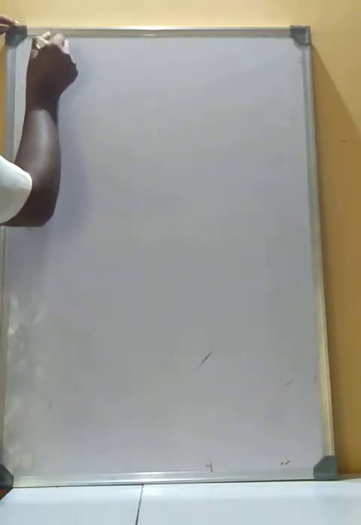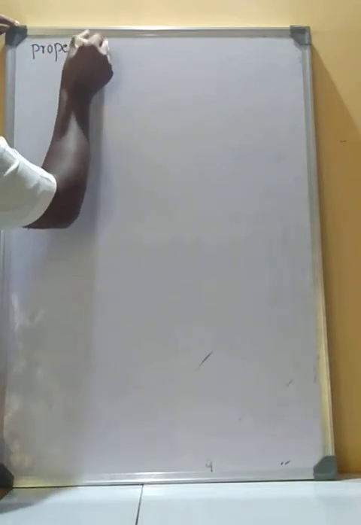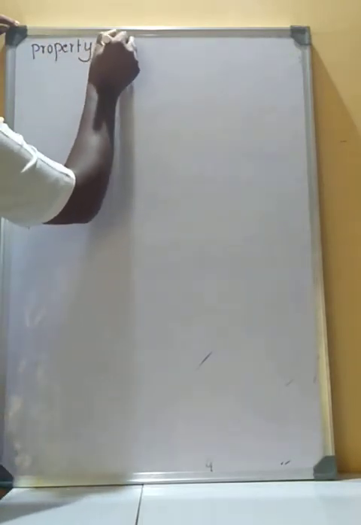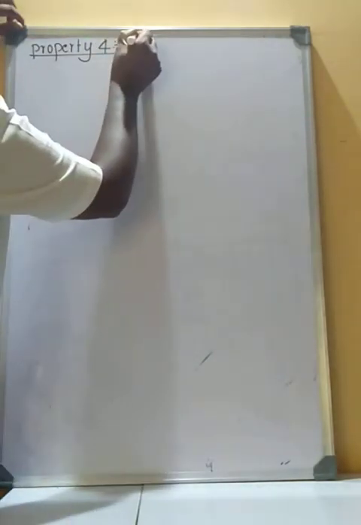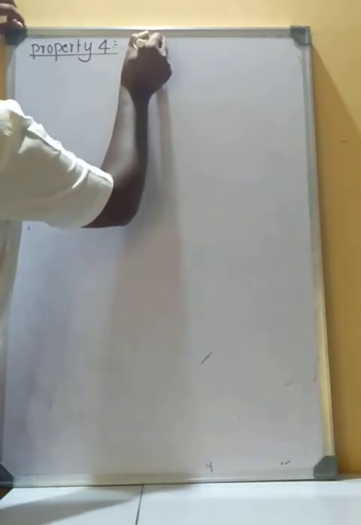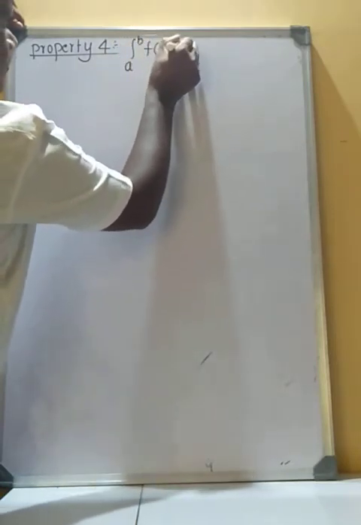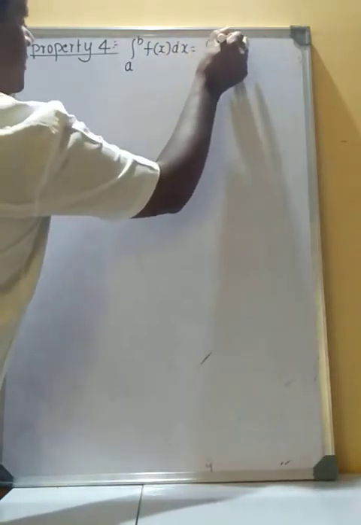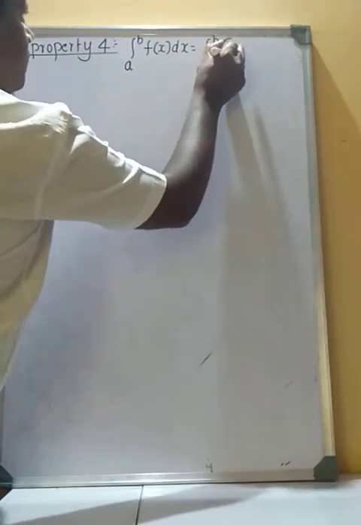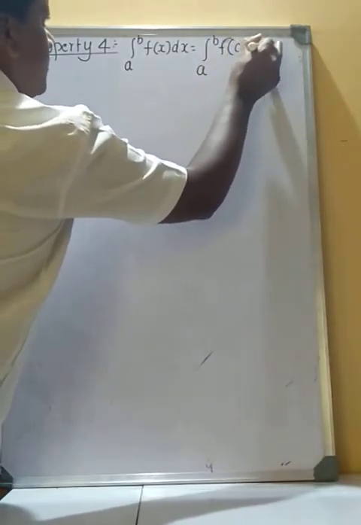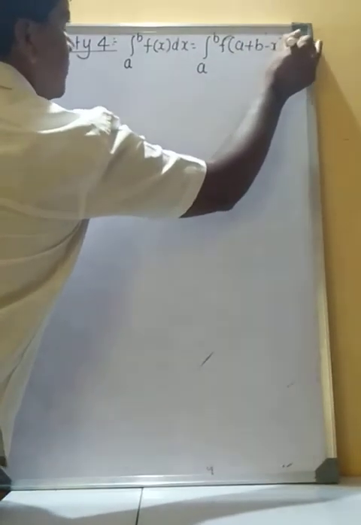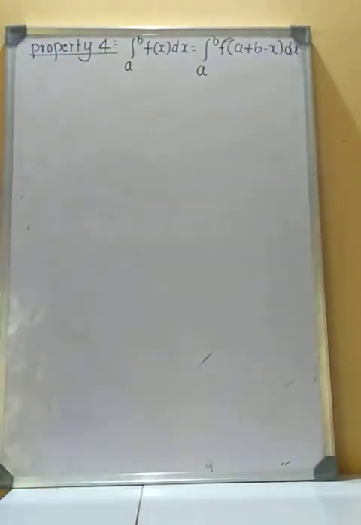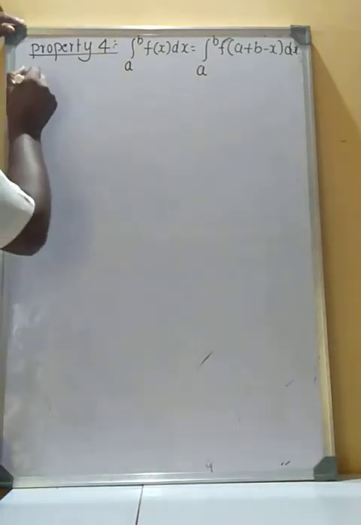Then property 4. Property 4: integral a to b f of x dx is equal to integral a to b f of a plus b minus x dx. So proof: